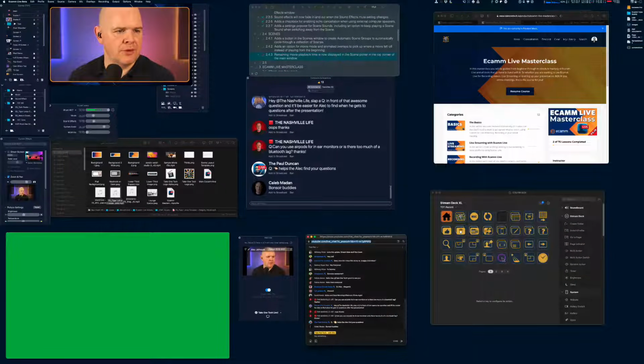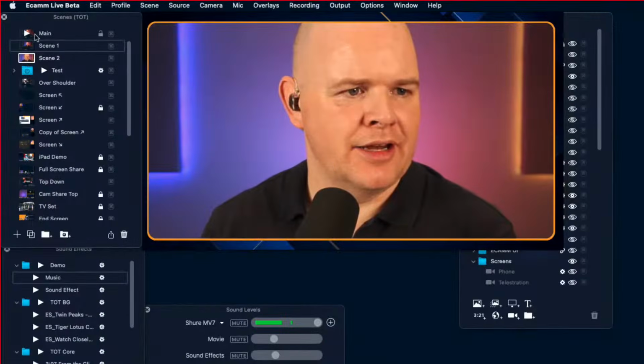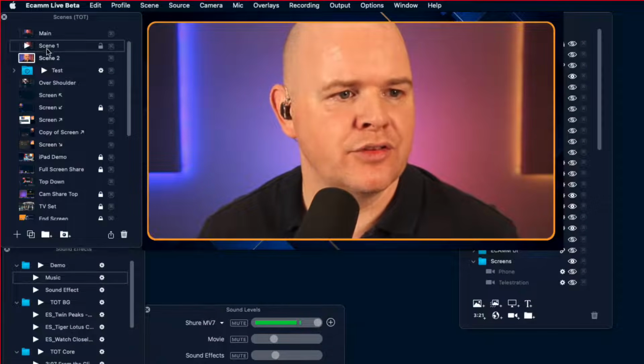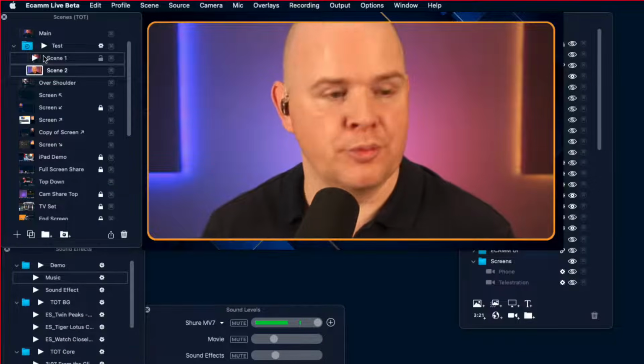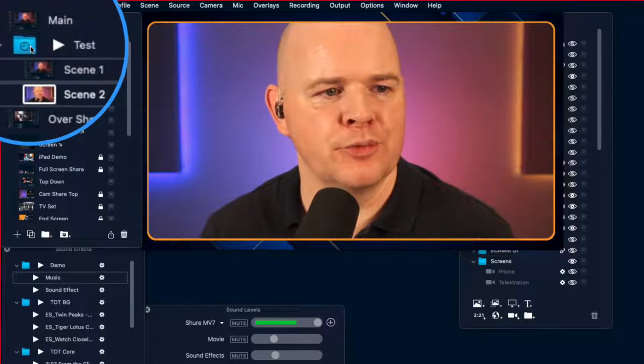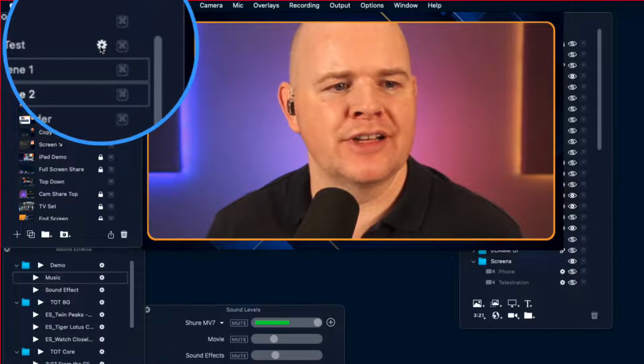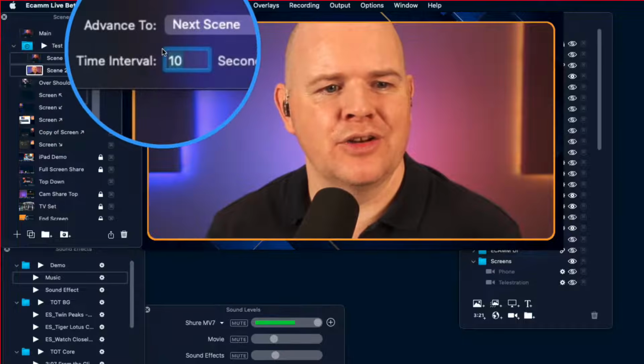So there I am, a bit zoomed in. And then I'll come back here and I'm going to just drag these two scenes that I've just created down into my little test. They call it an automatic group. That is the term for this. It's called automatic group. And if I come over to this little cogwheel here, you can set a time,